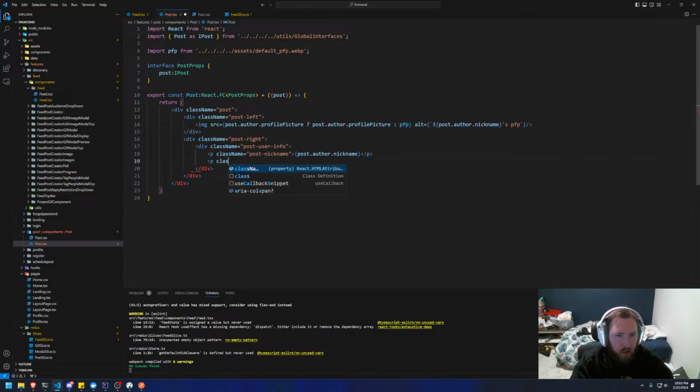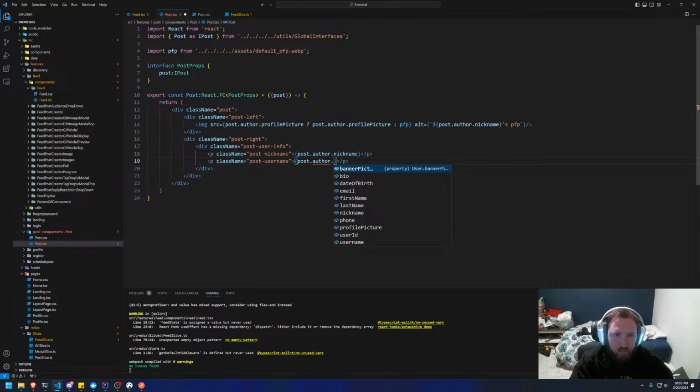Okay. So the profile user will have this. We'll have another p tag with a class name equal to post username. And we still need to add whether or not they're verified. So, and we need to figure out how we're going to deal with that, because the verified, there's already a verified property. So we'll have to figure out what we want to name that, but this will say post.author. And you know what? It might be easier if we say